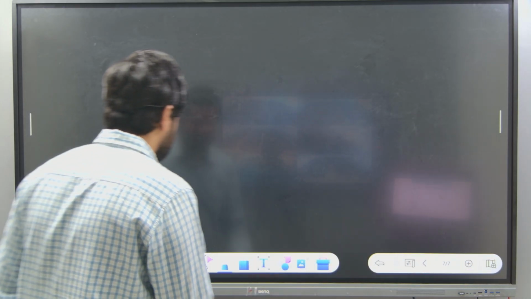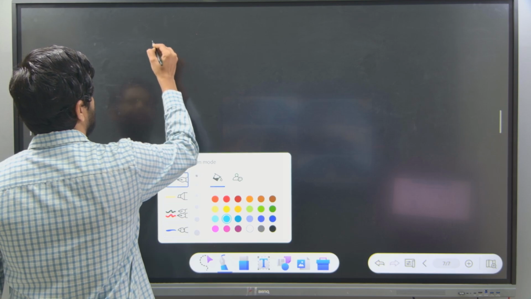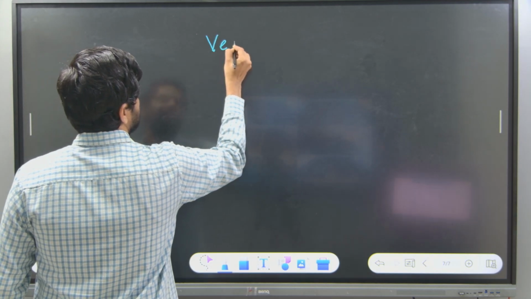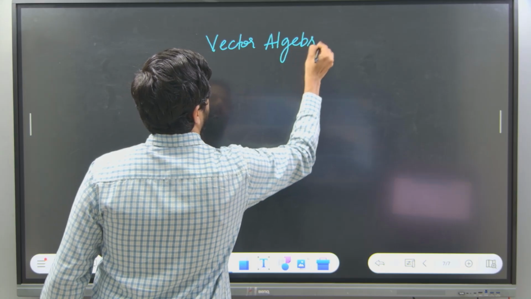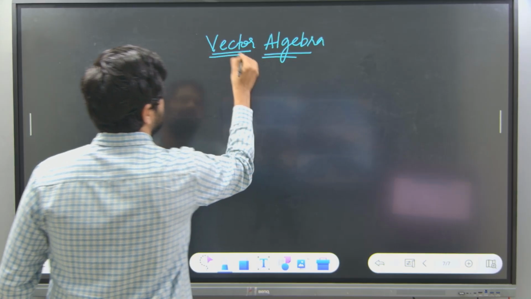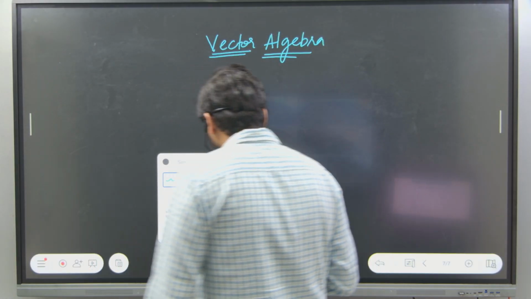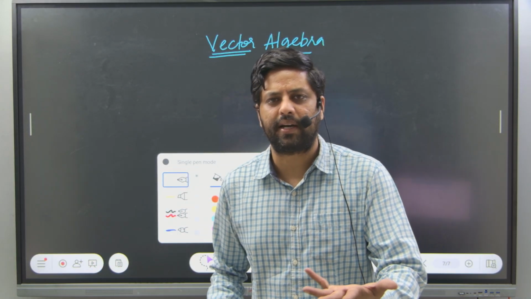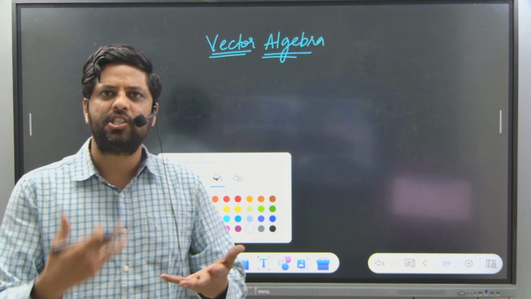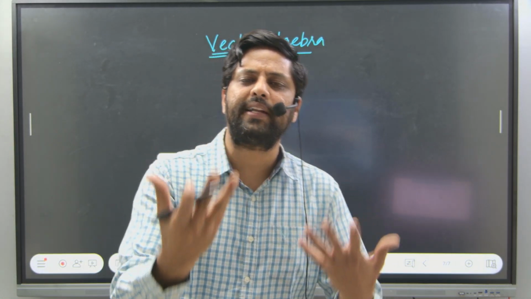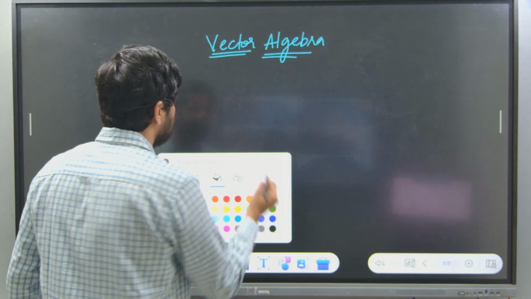So now we'll go to vector algebra. Sir was telling me that to do some questions or concepts, first we'll discuss some formulas on dot and cross product, and then we will solve some problems based on the same. Now, obviously we know from vector algebra that vectors don't behave like normal numbers, correct? The algebra or arithmetics that we do for vectors is not like normal numbers. So what do I mean by that?